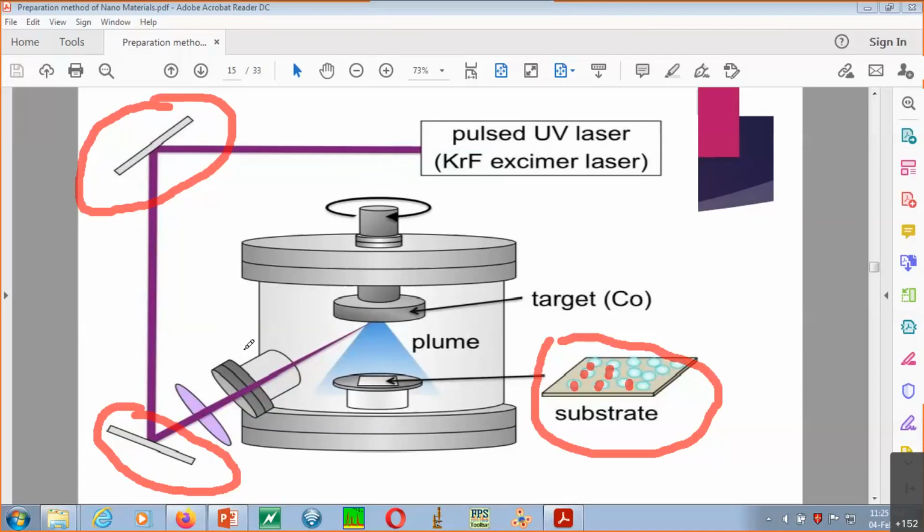But what if I change the target material? Of course, each material has a different energy requirement. Suppose I go for some different metal, let's say Ag or silver, or any other metal. In that case, the energy requirement will be different. So should I consider different laser ablation setups or different methods if I have different targets? Suppose this particular setup is fixed for Co, what about for Ag? Do I need to create a different setup again?